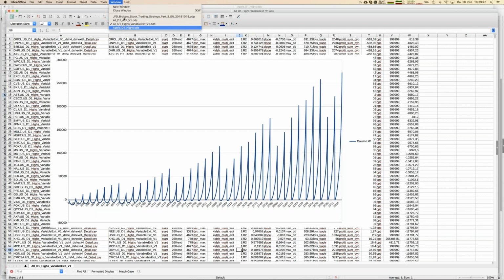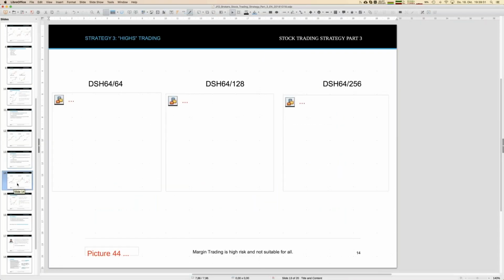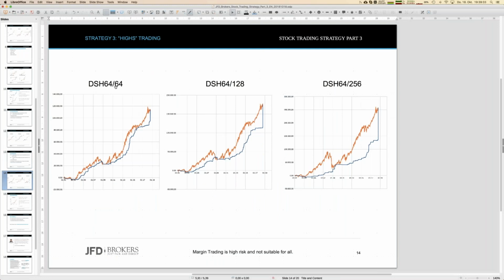Let me go back to my slides. Then here we are. The labeling is easy to read. Now we have 2 numbers after days since high. The first one is for entry. The second one is for exit. And you see at first view already that it worked well in principle. So we have, once again, strategies earning more than $100,000 here.